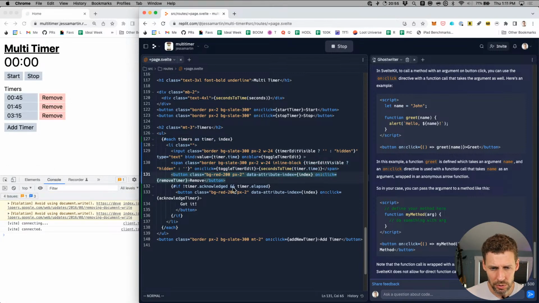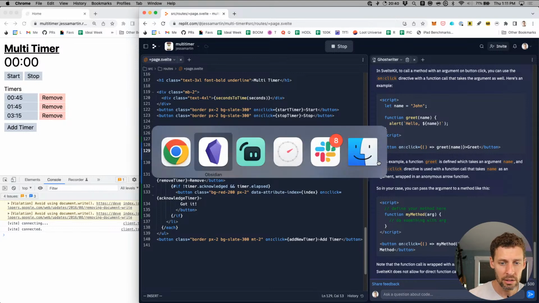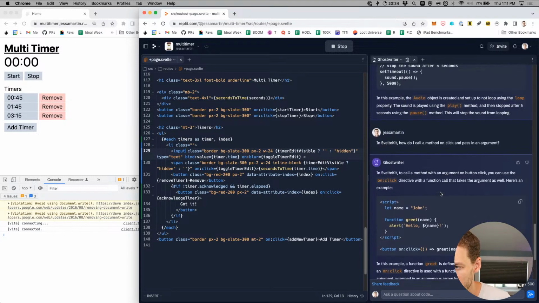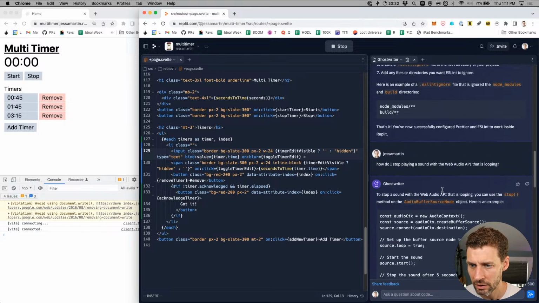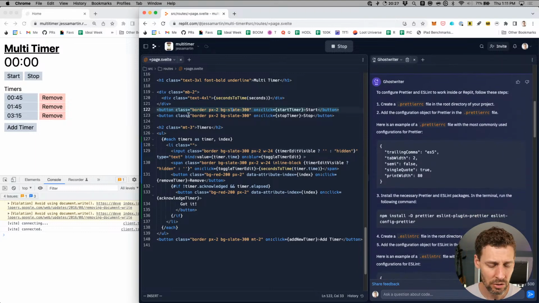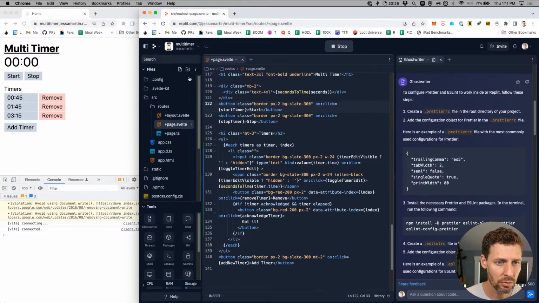So again, the way that we're doing updates to the value is on this, where's the bind here? Bind value, there it is. Okay, let me go ahead and clean this up a little bit. Actually, before I clean this up manually, let's see if Ghostwriter's instructions on how to use ESLint and Prettier actually work. Alrighty. It says I just create the files, so let's see if it's really that simple.